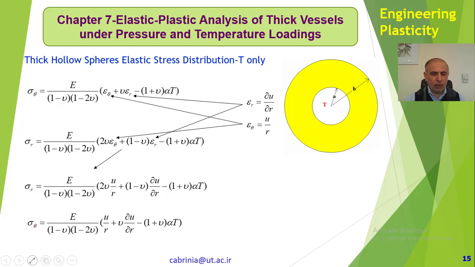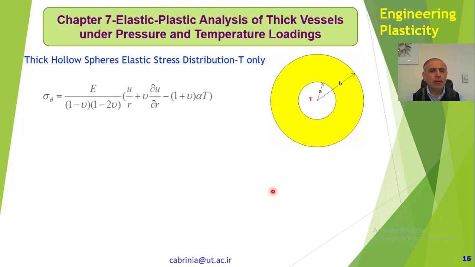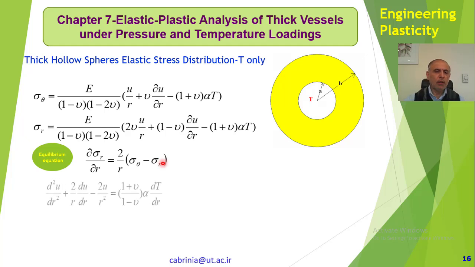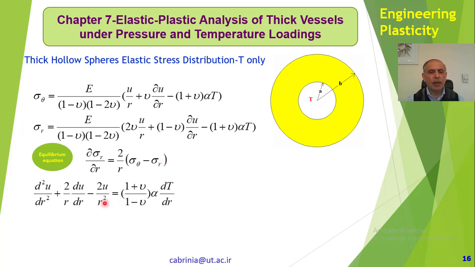Sigma R and sigma theta are in terms of U, but I have U and partial U, therefore I can integrate it. Okay, so this is it. Now, in order to obtain sigma theta and sigma R, I use the equilibrium equation, which was the same as before, and therefore here I can substitute sigma theta, and here I can substitute sigma R. And if I do that,